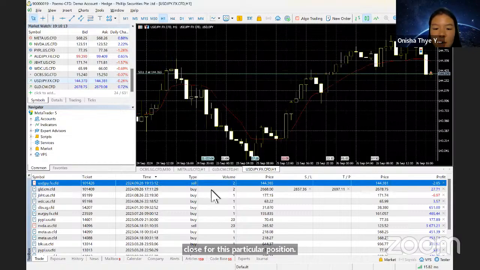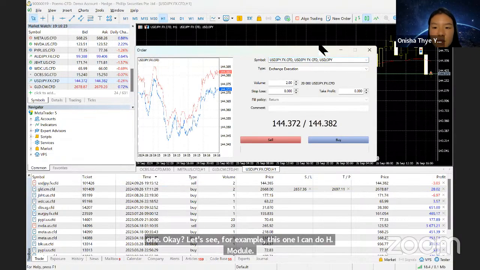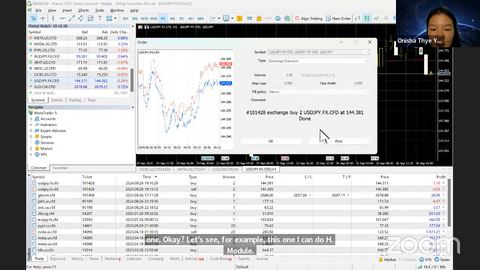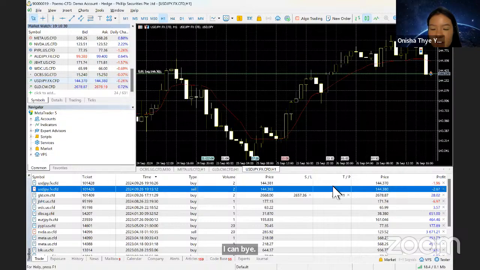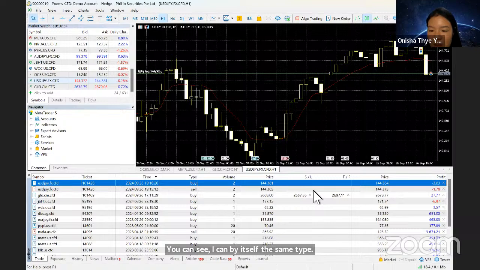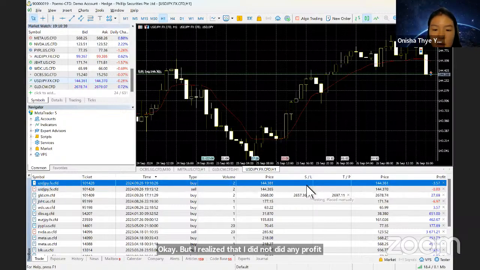So let's say I want to open another contract for this one. I can do hedge mode also. What I mean by hedge mode is I can buy and sell at the same time. You can see I can buy and sell at the same time. But I realized, did I log any profit? No, I did not. I logged a loss.